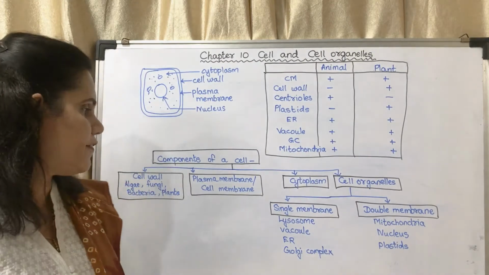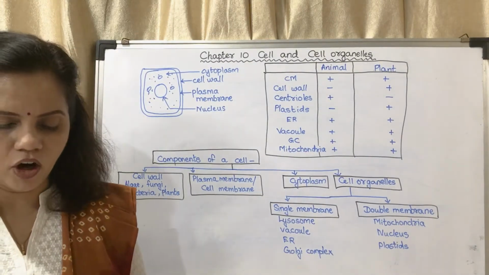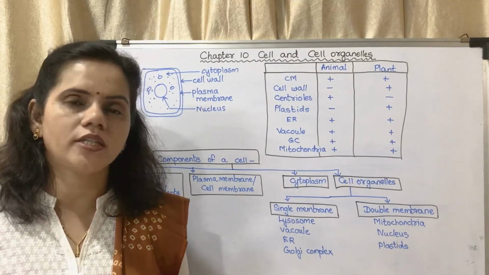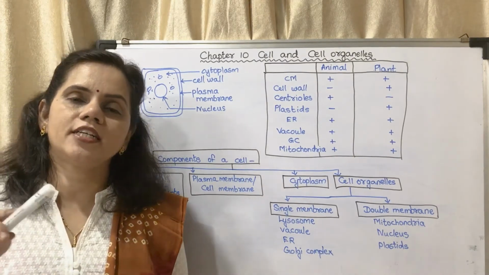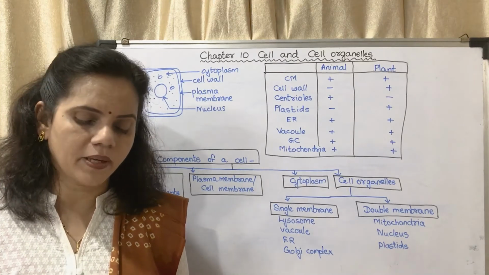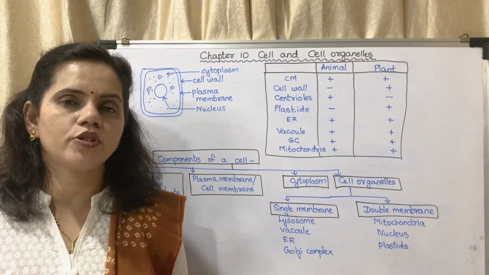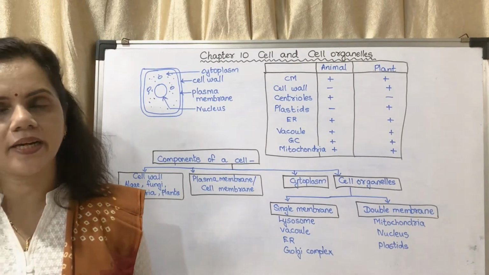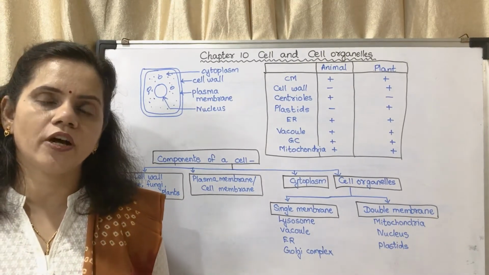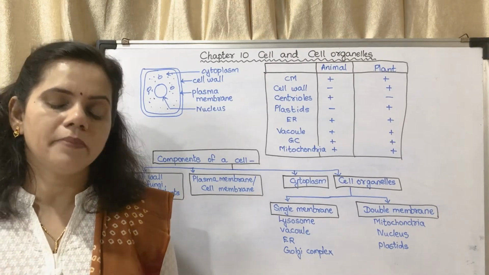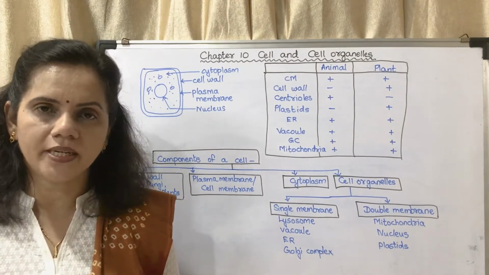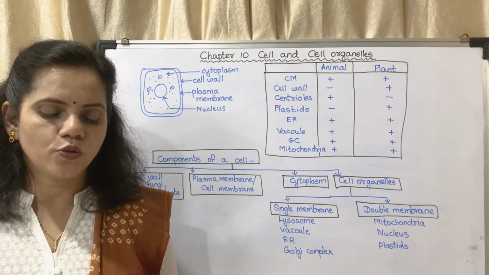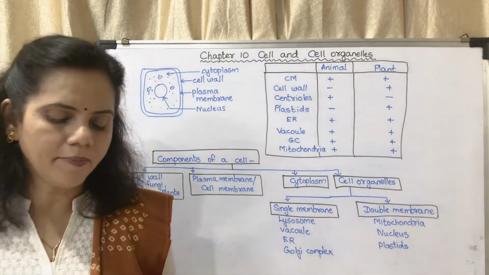So, we will see the first component, that is cell wall. What about cell wall? It is an elastic and strong coat around the cell membrane. So, it is present around the cell membrane. It is mainly composed of cellulose and pectin. It is a very important point. You may underline. It is mainly composed of cellulose and pectin. Besides this, some polymers, polymers means complex compounds like lignin, suberin, cutin could be added.